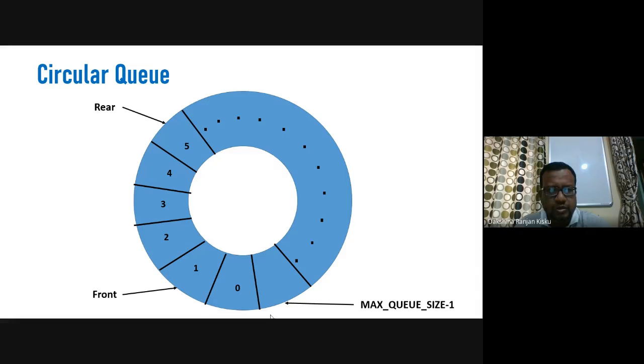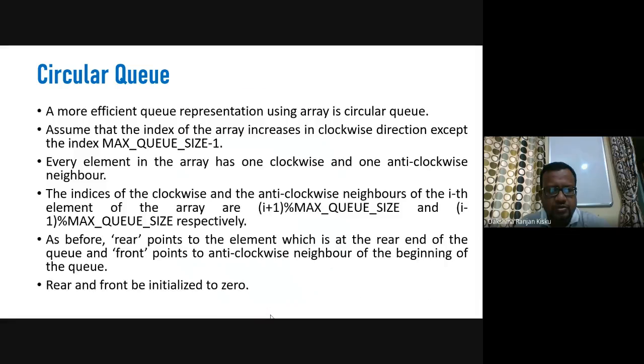So, how does the circular queue work? Let us look at some vital points about circular queue. The circular queue is a more efficient queue representation when it is represented by an array.